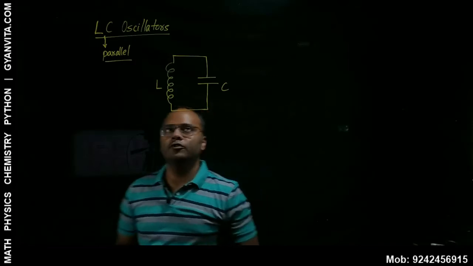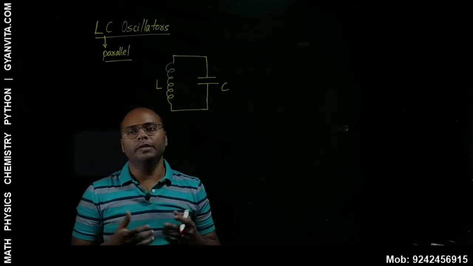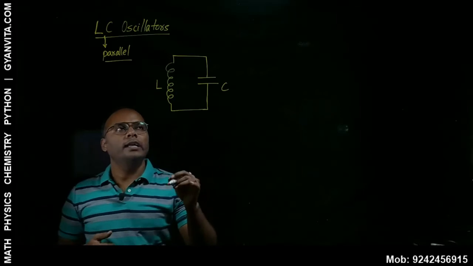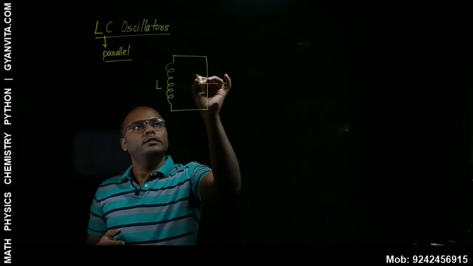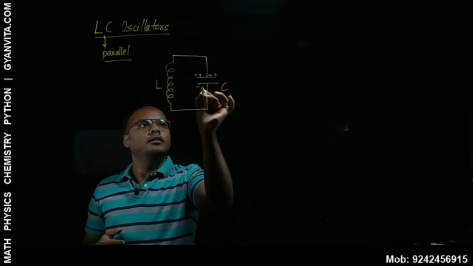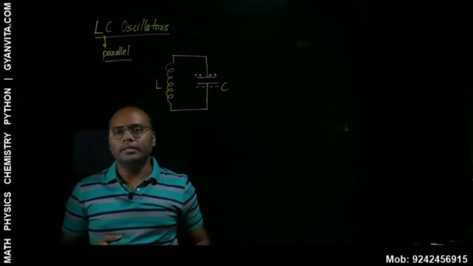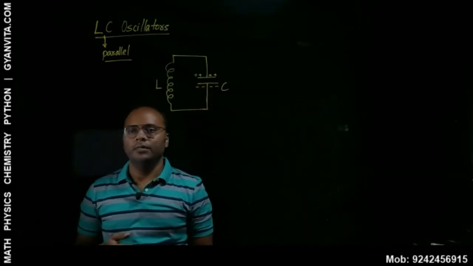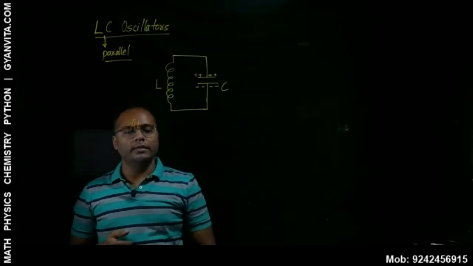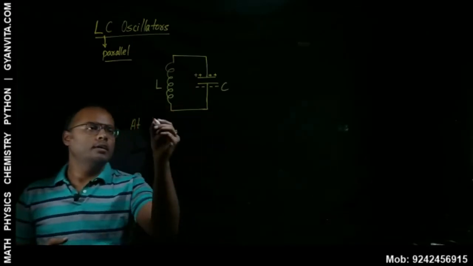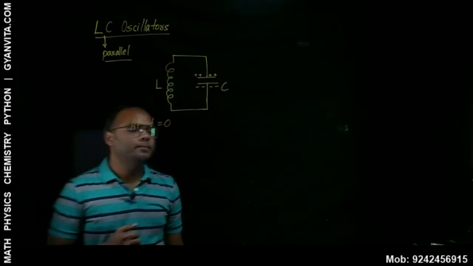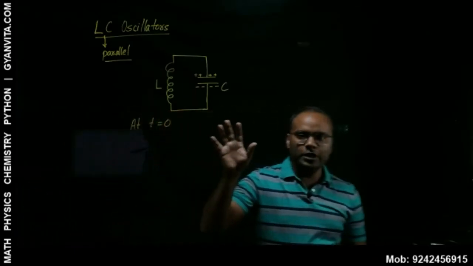we'll actually supply some power to it. We'll actually supply some voltage to it. So that actually does what? It charges this capacitor. So the capacitor starts getting charged, right? So this is the initial configuration, that is at time t equals 0. So what we see here is that the capacitor is initially fully charged.